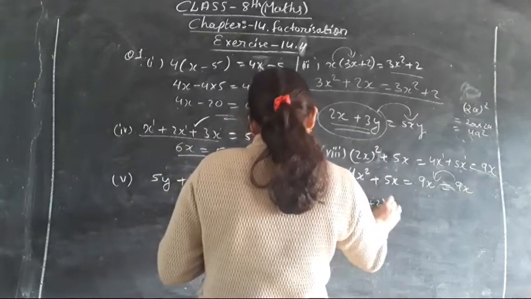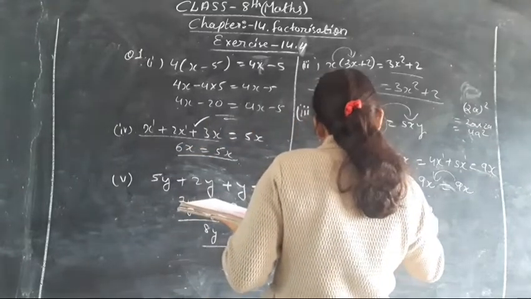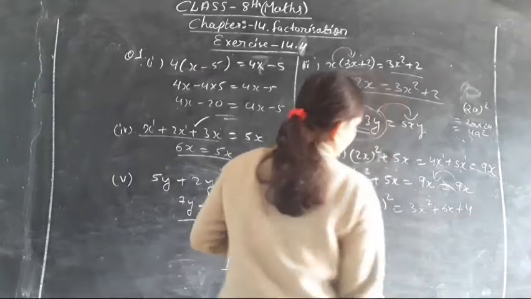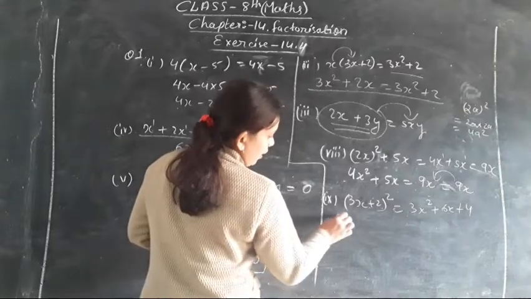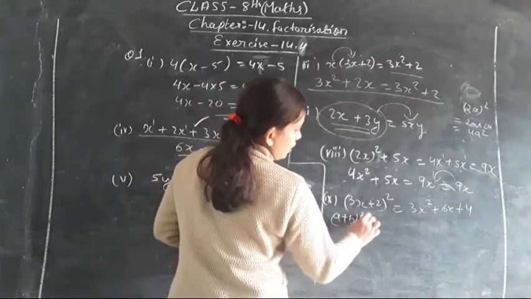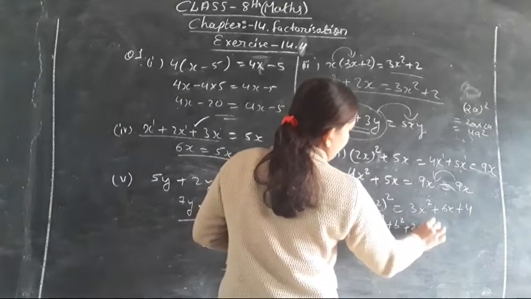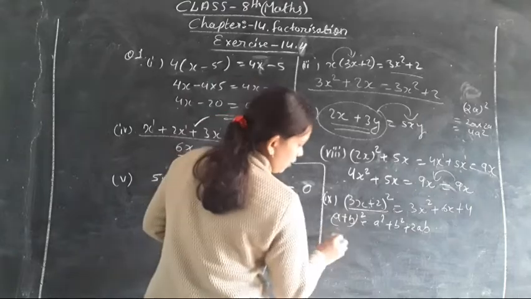(3x + 2) the whole square equals 3x square plus 6x plus 4. If we solve this using the form (a + b) the whole square equals a square plus b square plus 2ab, is this in the same identity form? Of course it is in identity form, that is